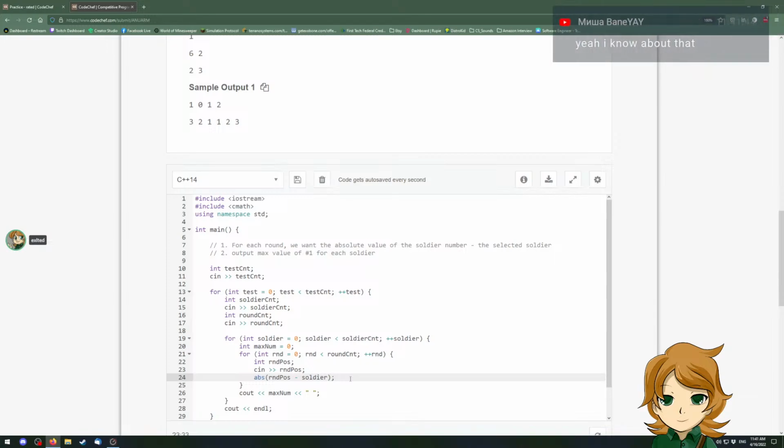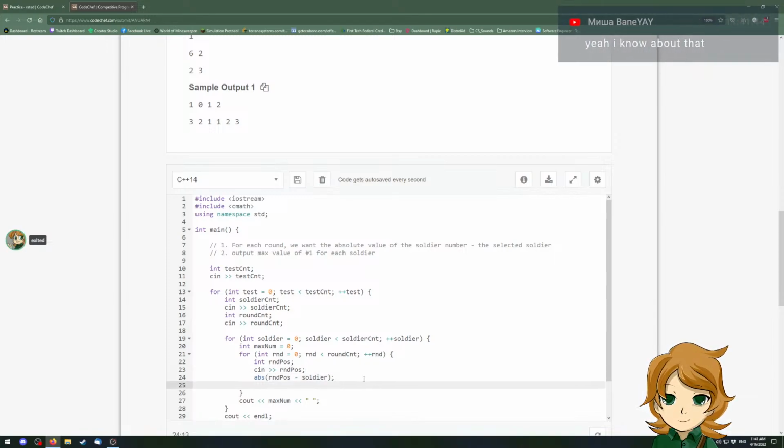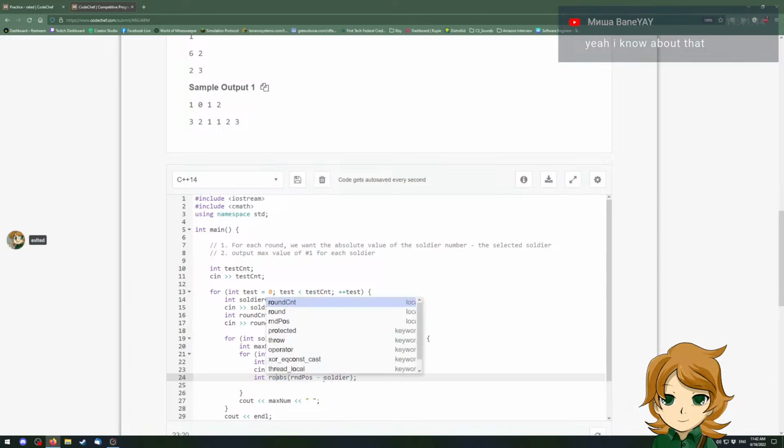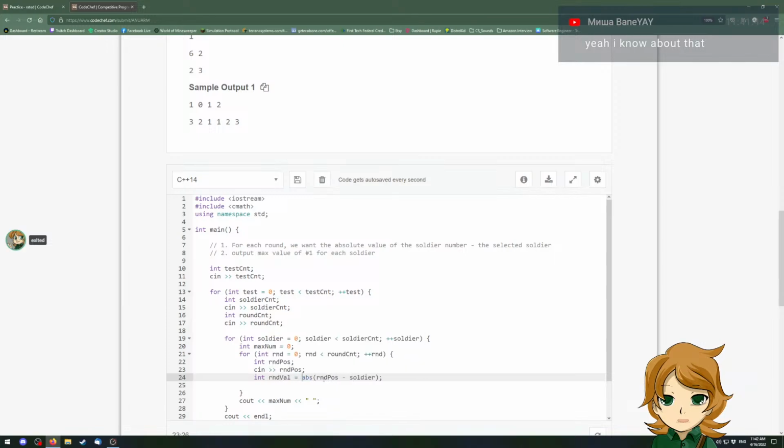Nope, minus soldier. So I then just want to do int round num, round val equals at, and so if